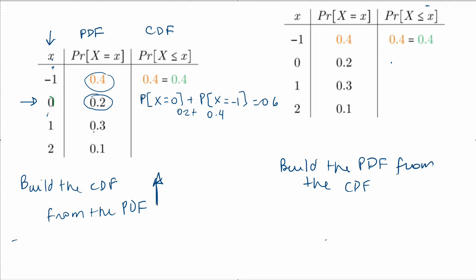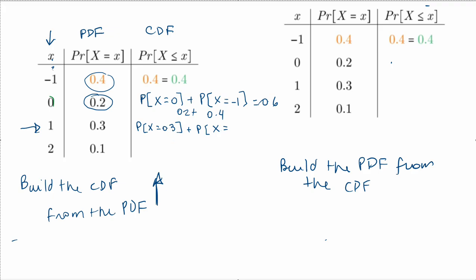Now let's go to this row. So now we're on this row of 1. The PDF tells you the probability of being equal to 1. Well, it's 0.3. And here, it's the probability of being less than or equal. Well, it's the probability of being equal, which we have. It's in the row. It's here. It's 0.3, plus everything that comes before. Do you agree? Everything that comes in the rows before,